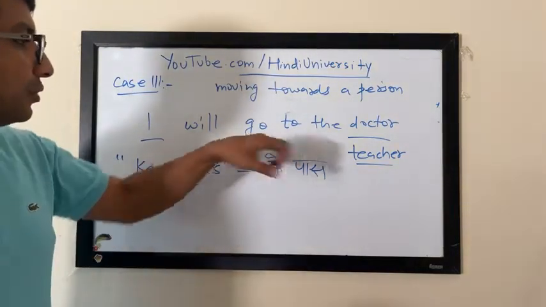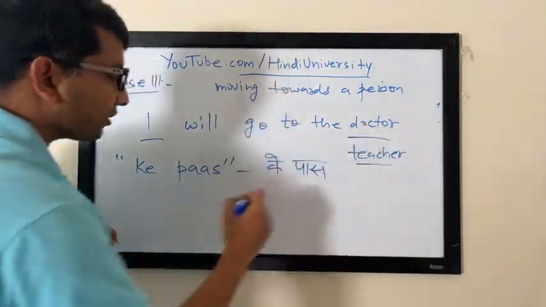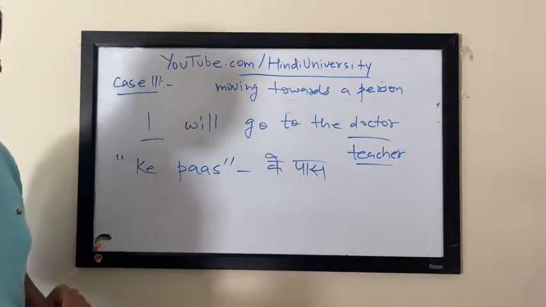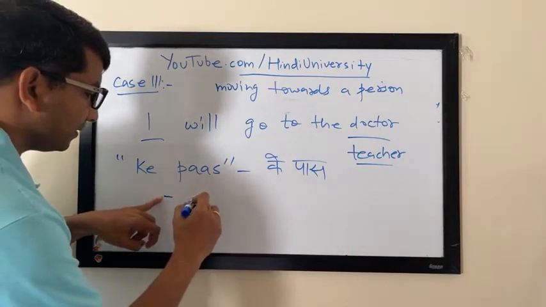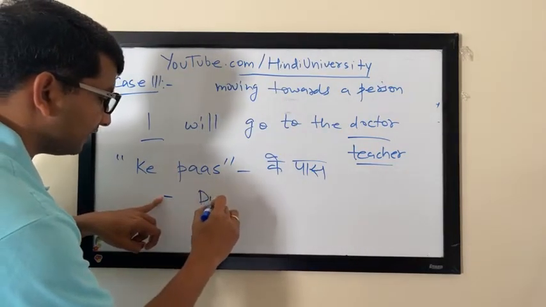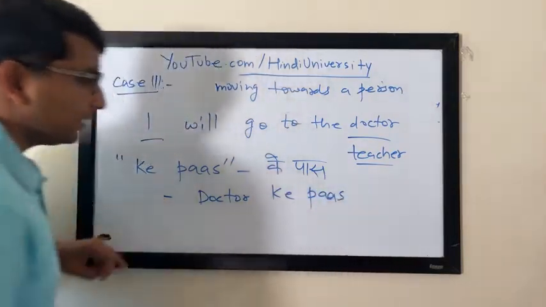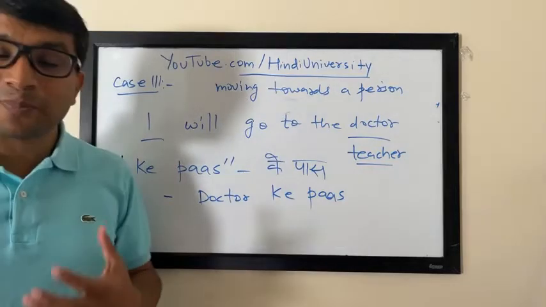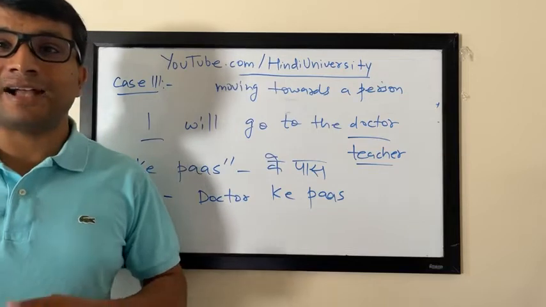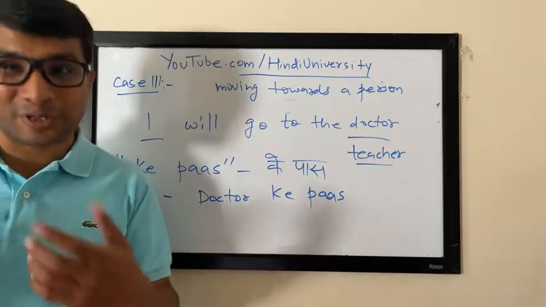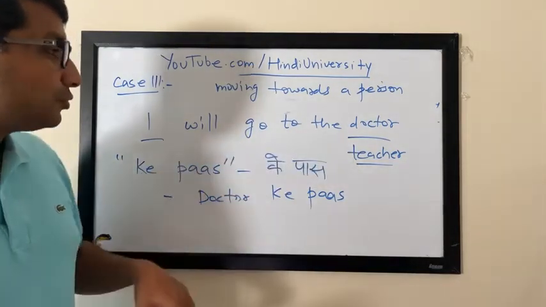Okay, so I will go to the doctor. Forget about the beginning part. To the doctor would be, Tom, what do you think it is? To the doctor. Excuse me, from what you just told us, Ashu Ji, Dr. KE PAAS. Very good, Dr. KE PAAS. Now imagine KE PAAS is also possession. You know, if you want to say doctor has a thermometer, like doctor ke paas thermometer hai, but that's not the objective here. It is really like, I will go to the doctor.